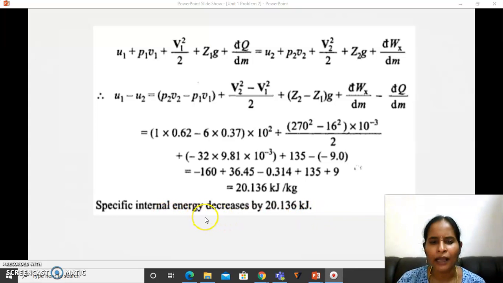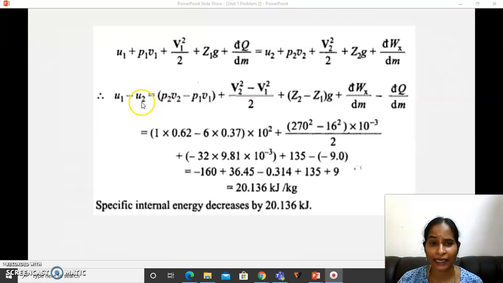Why did they end with decreases? Because here they have taken U1 minus U2. So the internal energy at the inlet was above the internal energy at the exit by